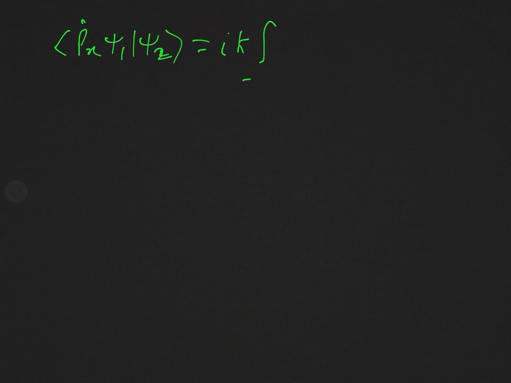So this can be written as bracket px hat psi 1 psi 2 equal to I h cross integral minus infinity to plus infinity d psi 1